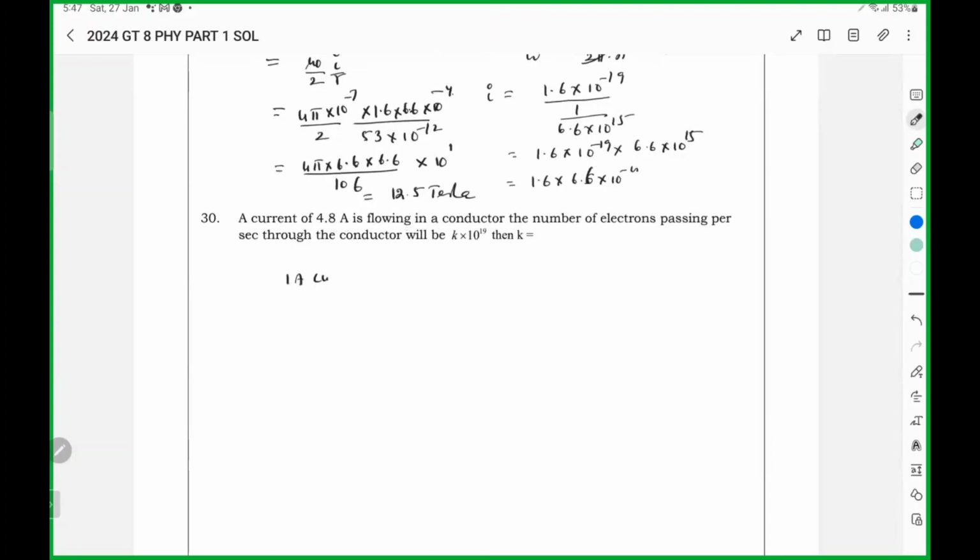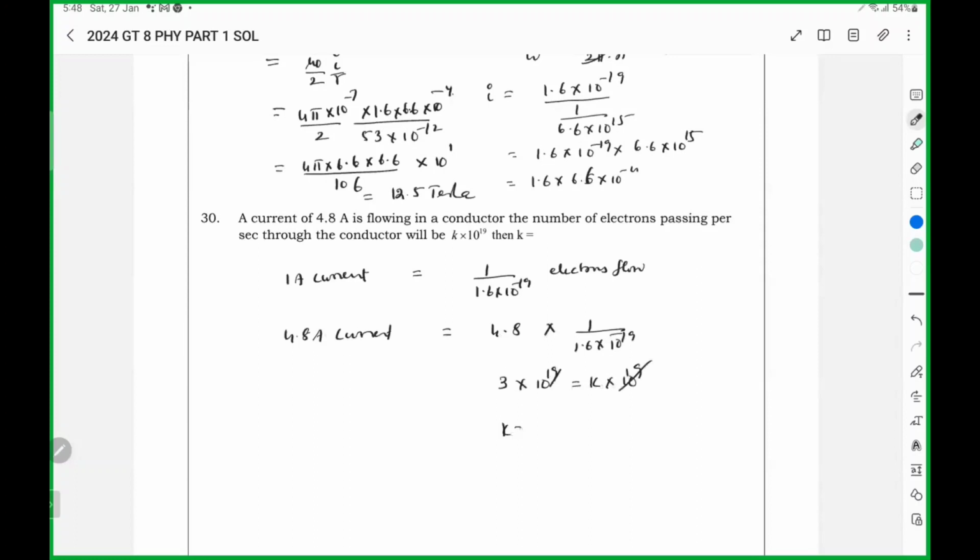So 1 ampere current is nothing but 1 by 1.6 into 10 power minus 19, this many electrons flow. 4.8 amperes current means 4.8 into this many electrons, that is 3 into 10 power 19. So K value is